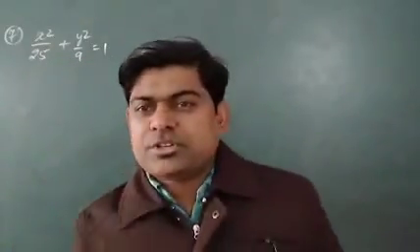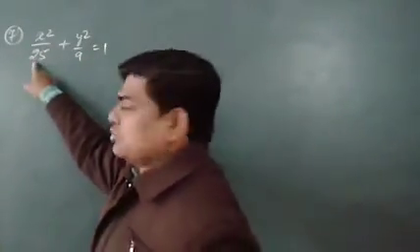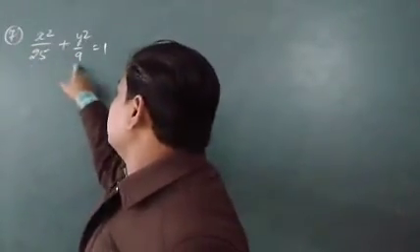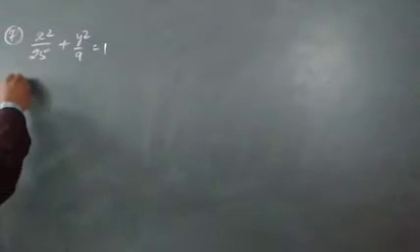Now, as I told you, I am going to do some questions. That's question number 7 only. I am writing the starting of this one. See, it is question number 7. I think it is x square by 25 plus y square by 9 is equal to 1. As I told you, if the denominator of the first term is more than the denominator of the second one, 25 is more than this one, it is horizontal. So I am going to compare it.